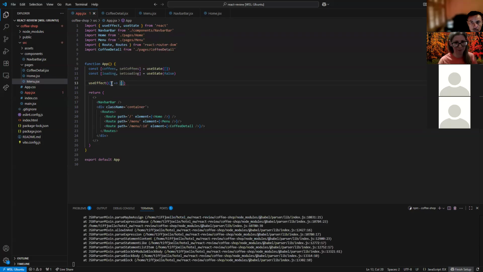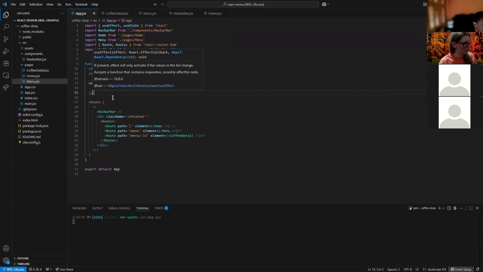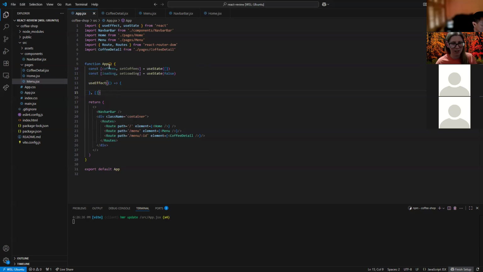And then we have our function we're actually doing in here. And then we have our dependency down here, which I want to run when we first load this page, and then not again. We're just going to grab the data from the API, and then we'll keep working with it. We don't need to make multiple calls. So my dependency is just going to be an empty list, because that runs at the first render